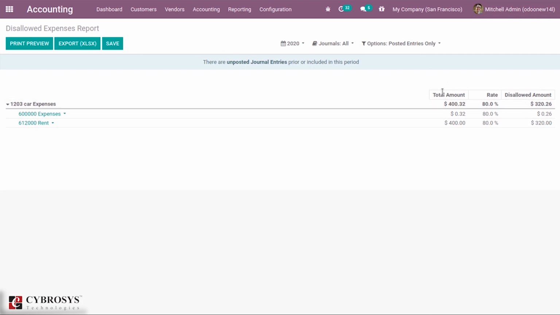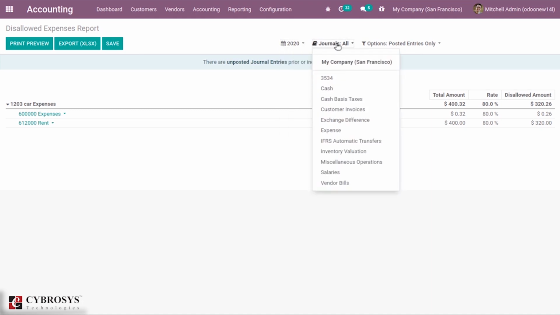Along with that, you can see the total amount, rate and disallowed amount for the period of the report.